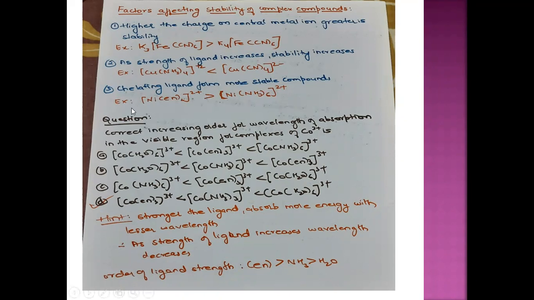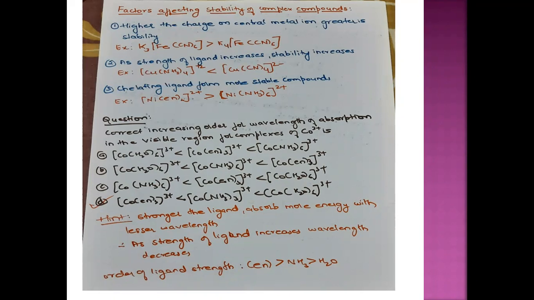So since en forms, see, both are nickel complexes. The ligands are also the same family. It is a nitrogen donor itself. But since it is a chelating ligand, what happens? This is stronger compared to the tetraamine nickel 2 plus complex, because the cycle forming ligands, or the chelate forming ligands, are way stronger compared to normal monodentate ligands.